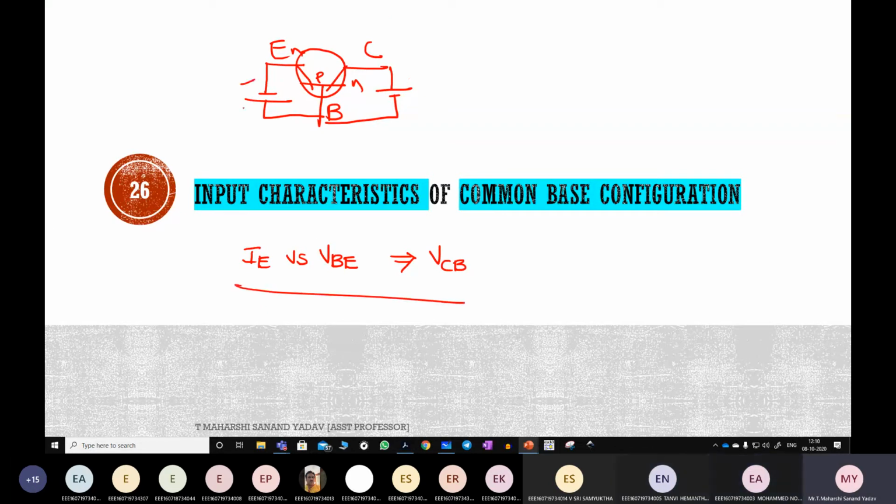Please make note of this notation, which is very important. Simply check the polarity, and I think everyone will get confused. Why? Because here base is connected to positive, but if you see from this end, base is connected to negative. That's why you follow a simple notation. If you want to write for the input loop, just follow this notation. For the output loop, you follow this notation. This is 1 and this is 2.